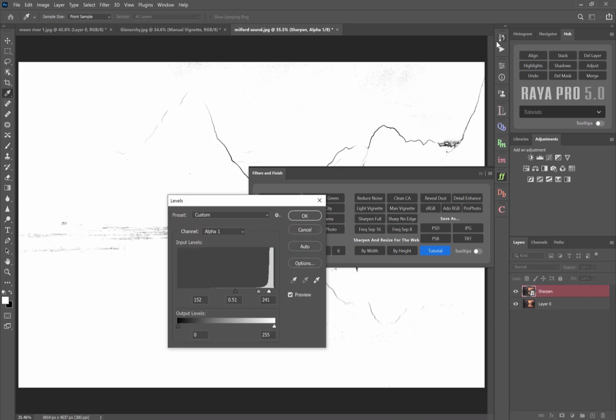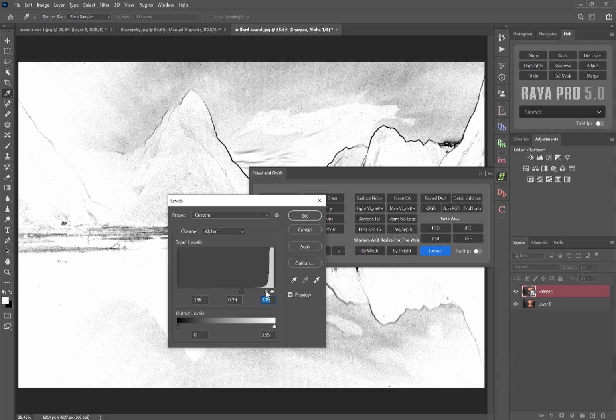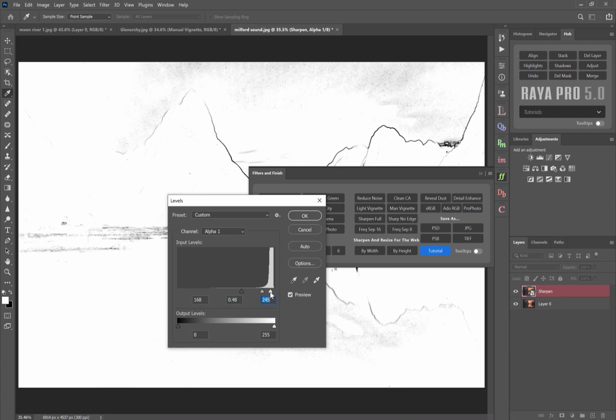So you'll notice we have some black lines up here, and they are the edges in our photos. So if I can exaggerate those black lines, try and make them big and thick, they are going to be excluded from our sharpening effect. So I'm just going to make that a little bit bigger like that. Maybe bring the mid-zone slider along a little bit. Maybe bring the shadow slider along a bit. And when we've outlined our edges, because these edges here tend to go white when we're sharpening,